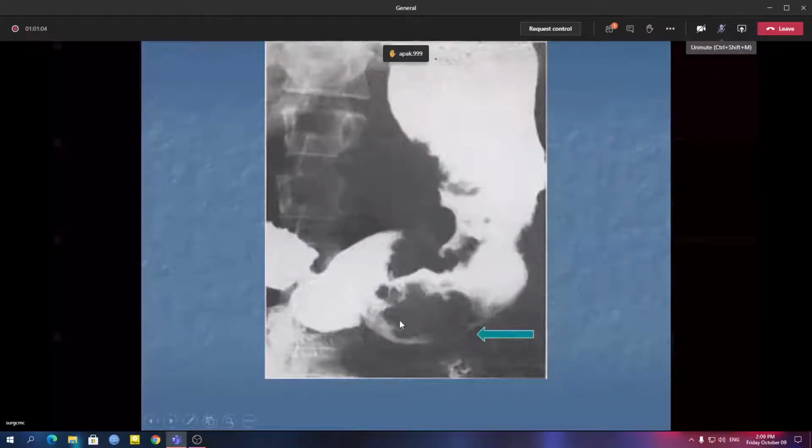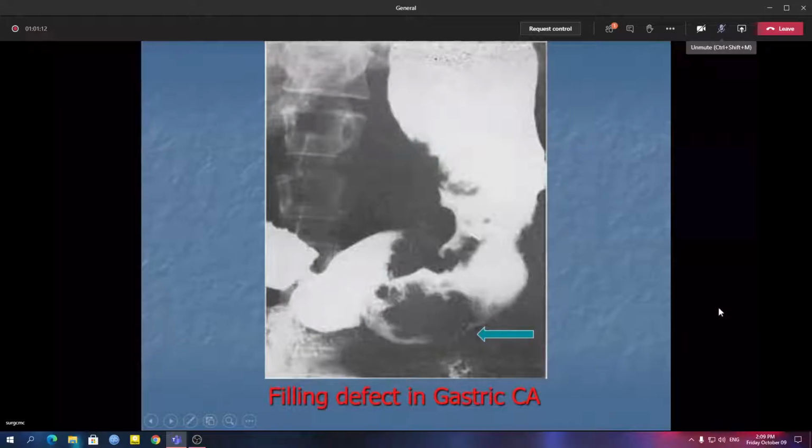This is the filling defect. Now if you are shown this plate again, what is this? Does it seem like peristalsis? Sir, it can be peristalsis. I don't know, but if I can get a few X-rays together, I could have commented much more comfortably. But looking at the irregular nature of the filling defect, it seems that it is a filling defect because of any space occupying lesion in stomach. Most common is gastric carcinoma.